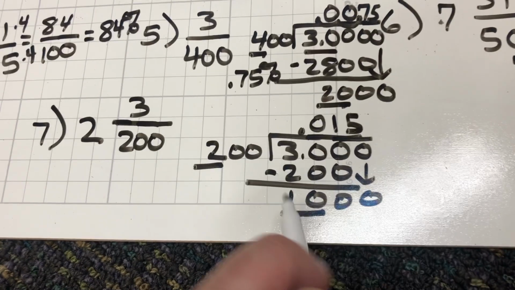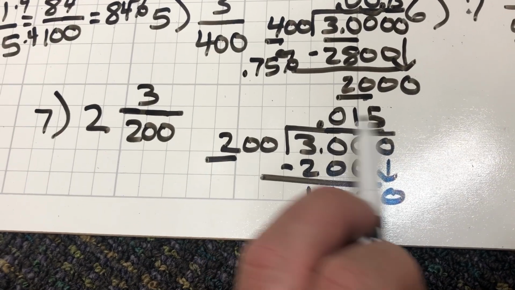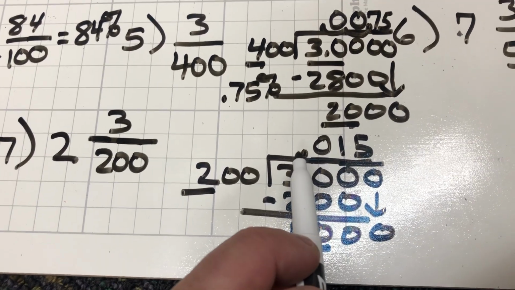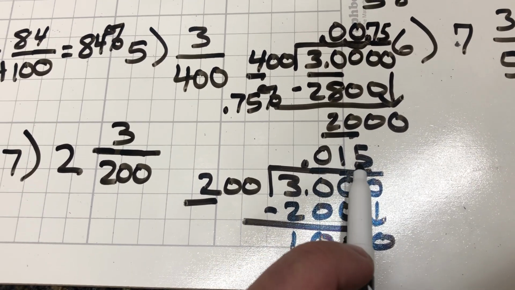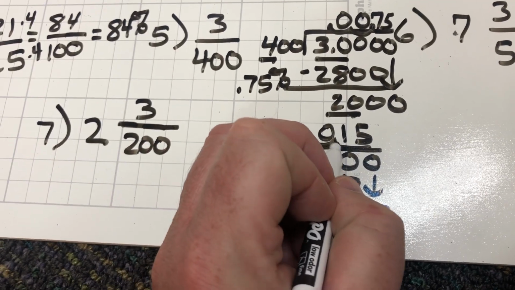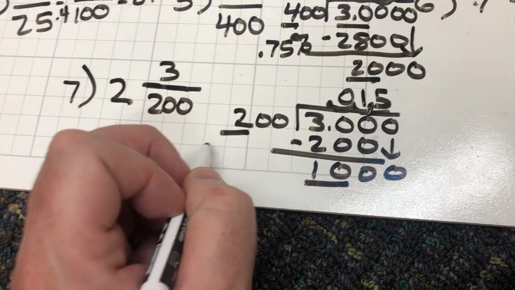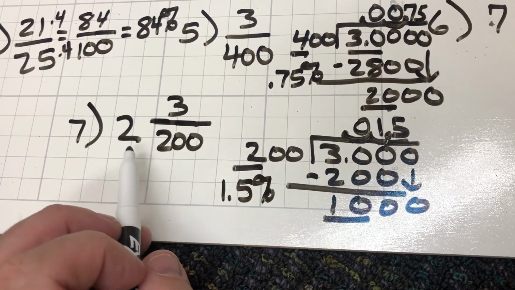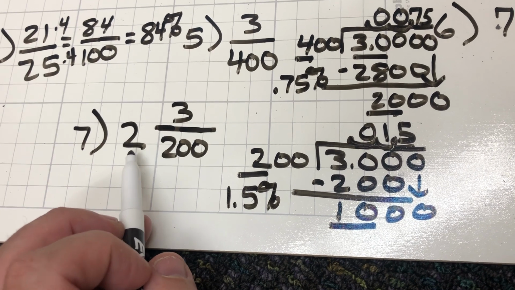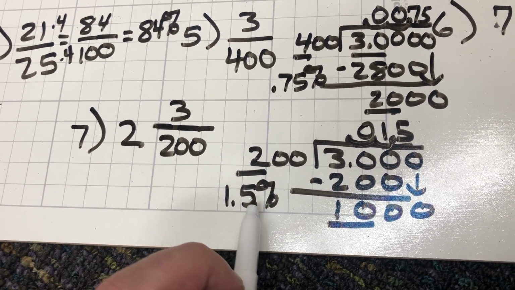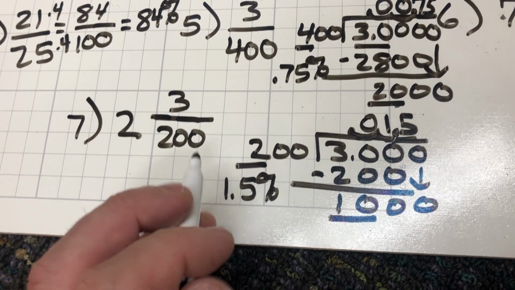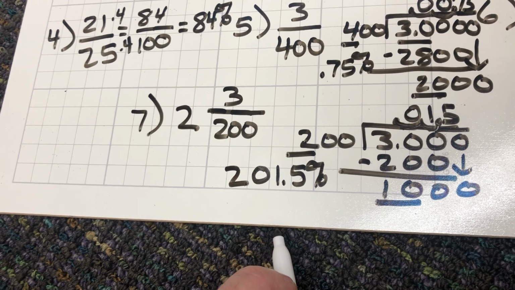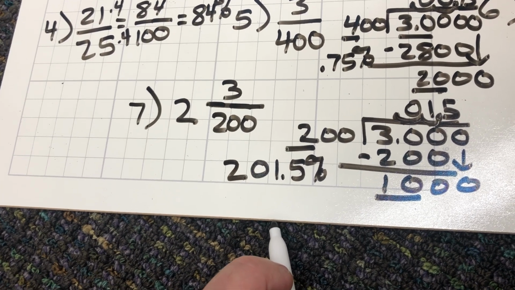But then remember, I have to take my decimal and turn it into a percent by multiplying by 100. When I multiply by 100, all I'm doing is moving the decimal twice. Once, twice. So I end up with 1.5%. But we don't want to forget about our 2 here. That's 200. We have to combine that with my 1.5. So it's not 1.5%, it's 200.5%, 201,